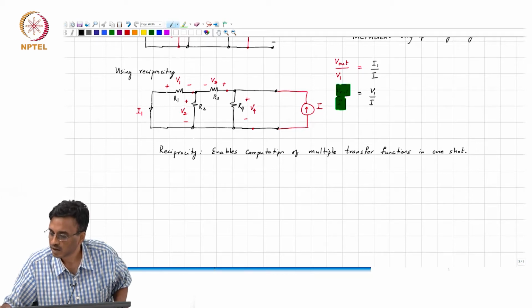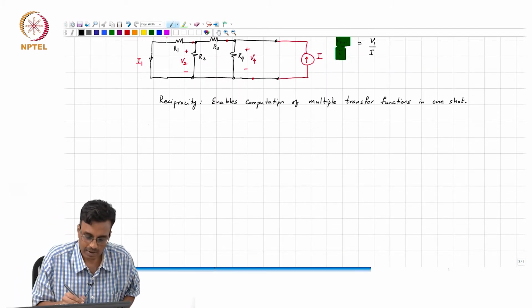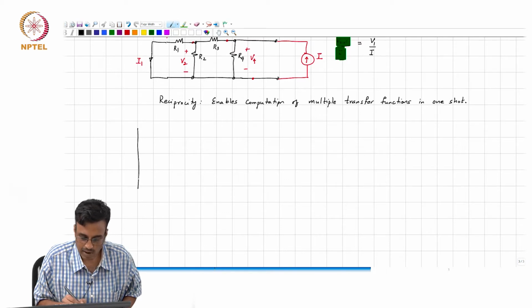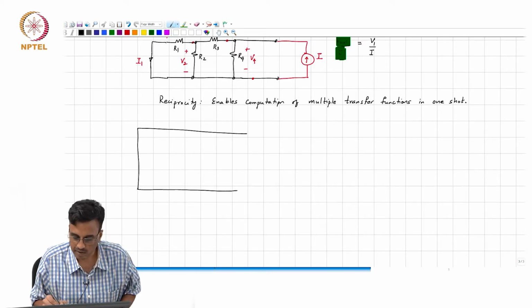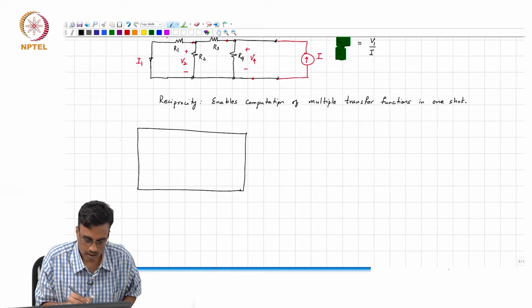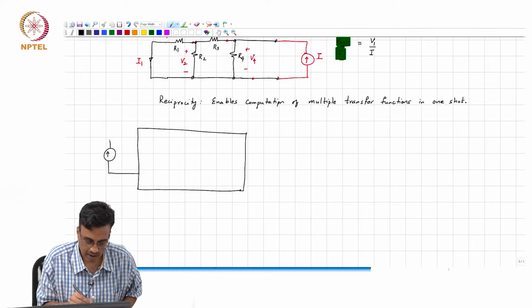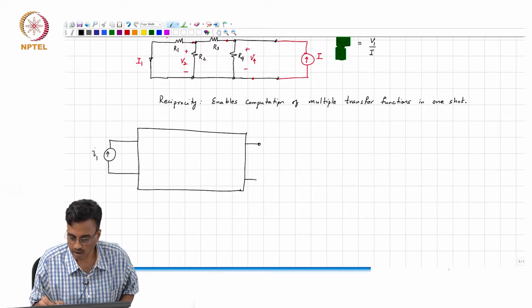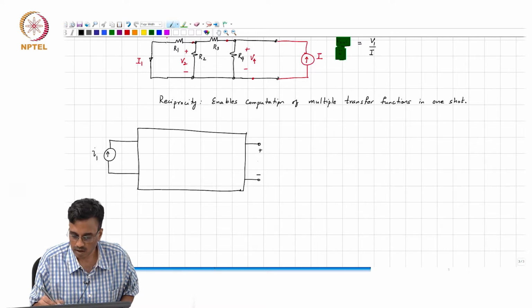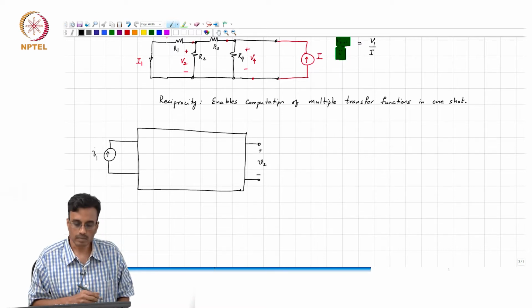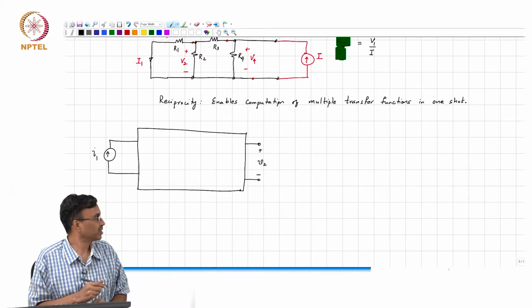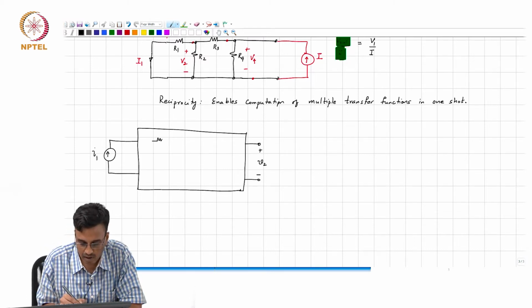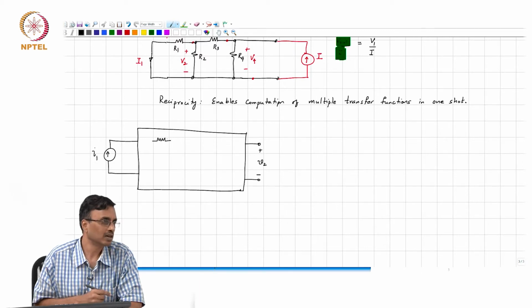Now let's see what we can do, and again let me start with an example where we have, as usual, our friend, this network N. And as usual let's try and excite the network with a current I1 and measure the voltage V2. And now we say, apart from resistors there is also a control source.